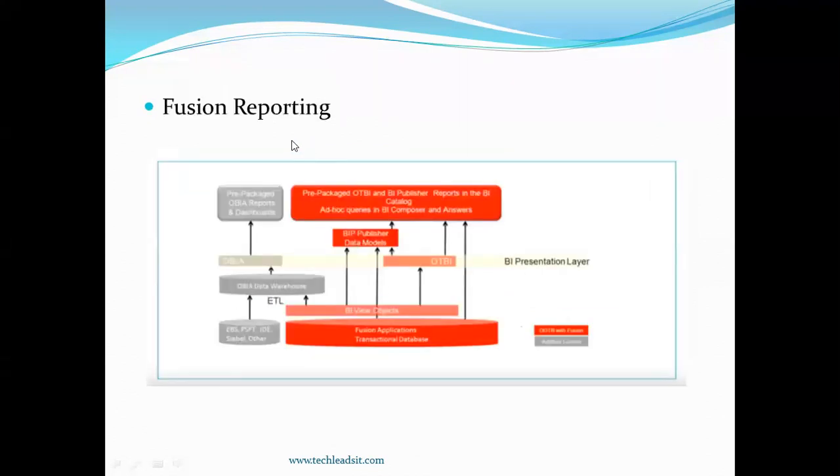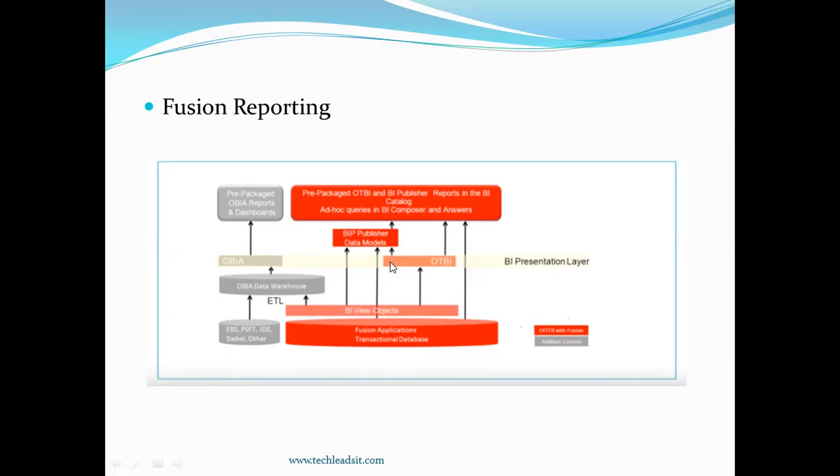Now moving on, we can discuss Fusion reporting. Now we are coming into our technical area in our Fusion applications. As you know, in Fusion reporting we especially have BI Publishers and OTBIs, FRS reports, and integrations: inbound integrations, outbound integrations, and web services. These are categorized under Fusion reporting.